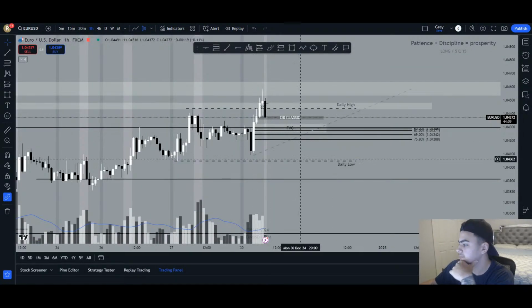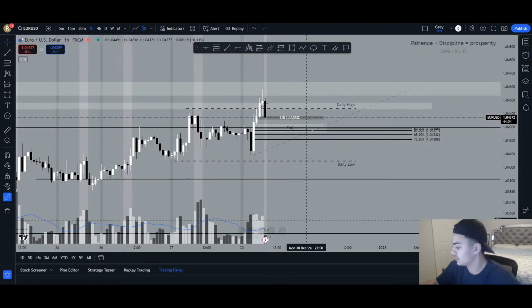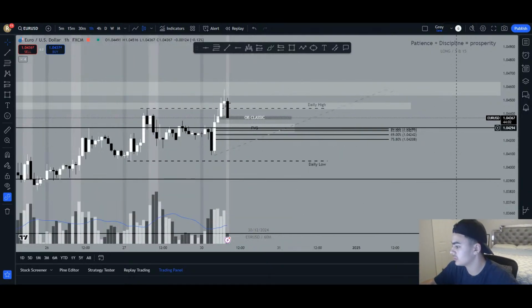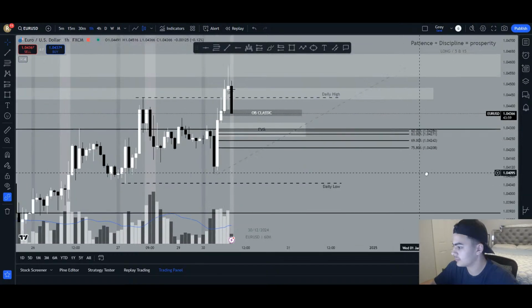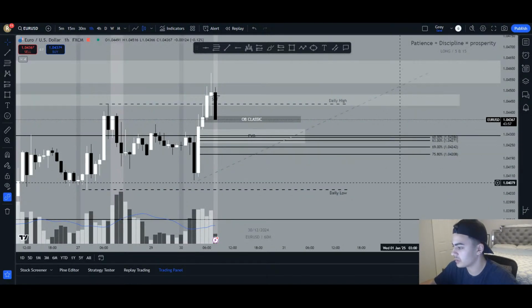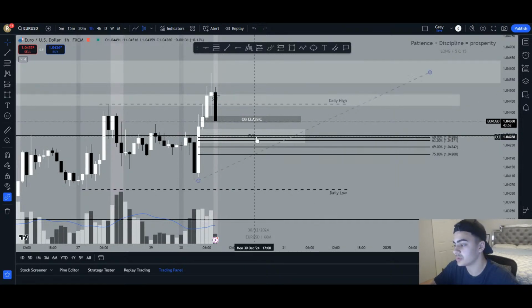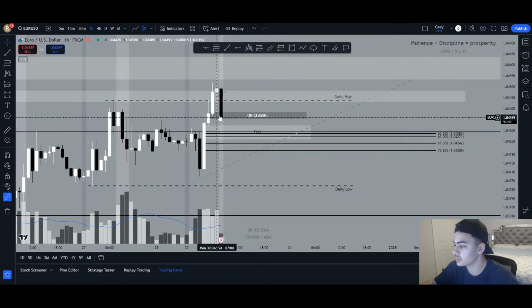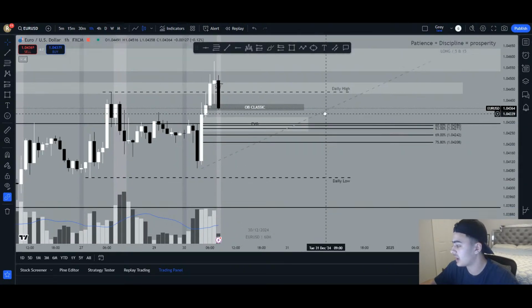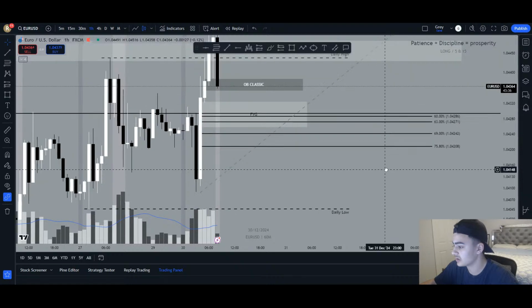One hour. There's still 1 hour left, and it already has all this room. So it could just be exactly what I was telling you. Since it already manipulated the daily high, it's looking down to grab some liquidity on either this order block or this fair value gap or somewhere in between. Because this is very, I'm looking actually. Matter of fact,